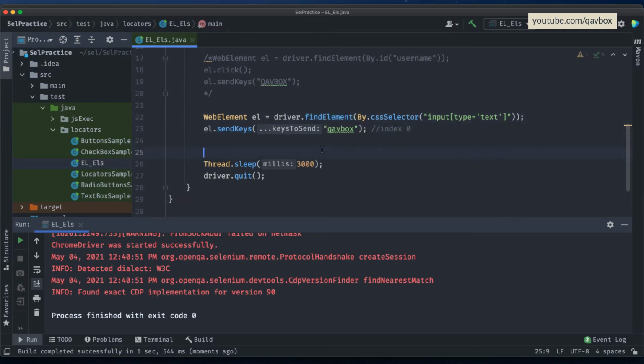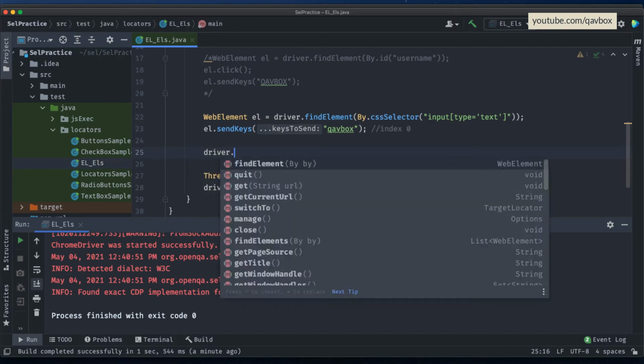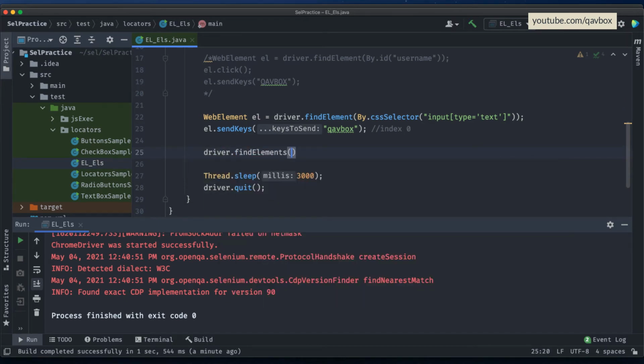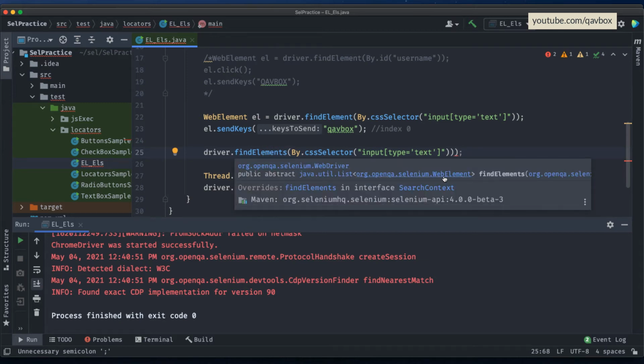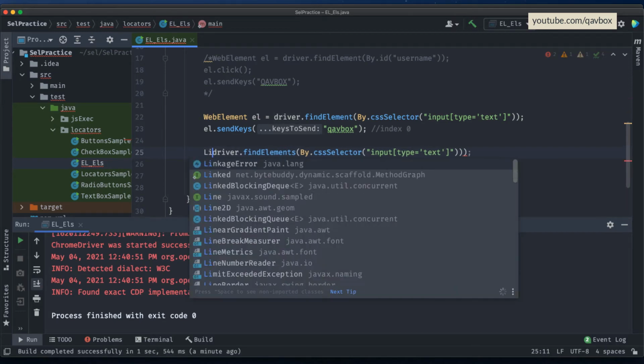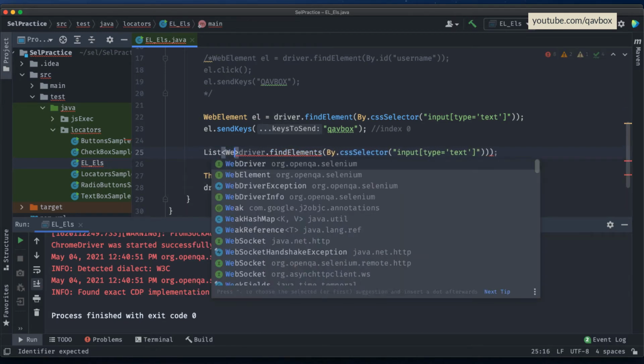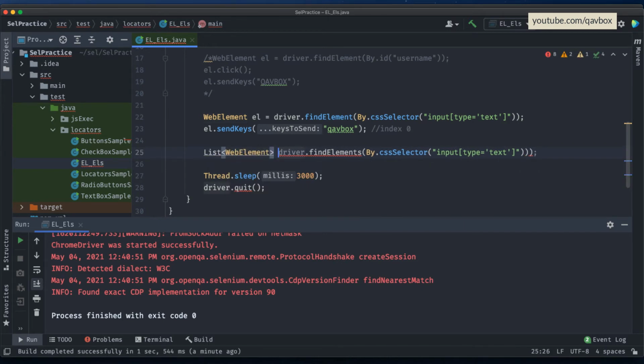Now what I can do to remove that error, I can do like this, list of, or maybe I can write like this so that you can understand. Instead of find element, I am using find elements, and the remaining thing I am putting inside this. Now this basically will return me multiple elements whose return type is not just element, but it is list of web element. So here, list of web element, and I will put text boxes,